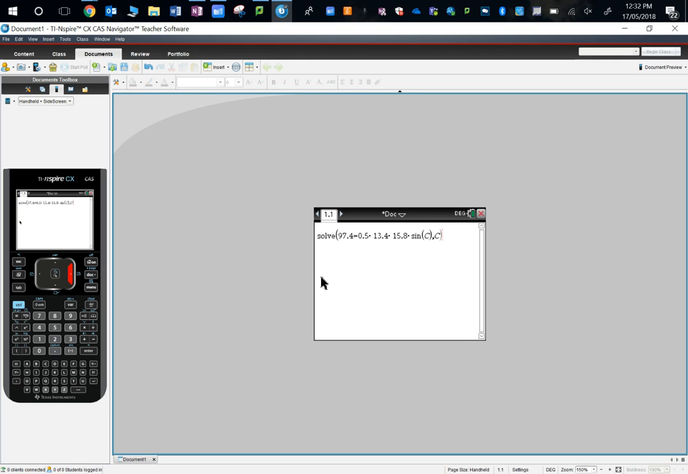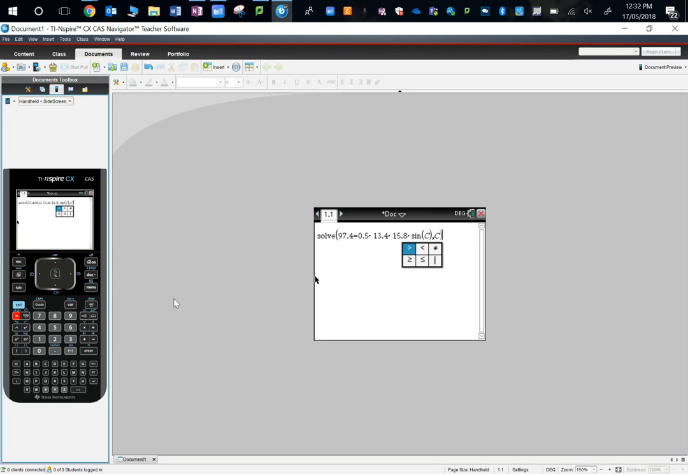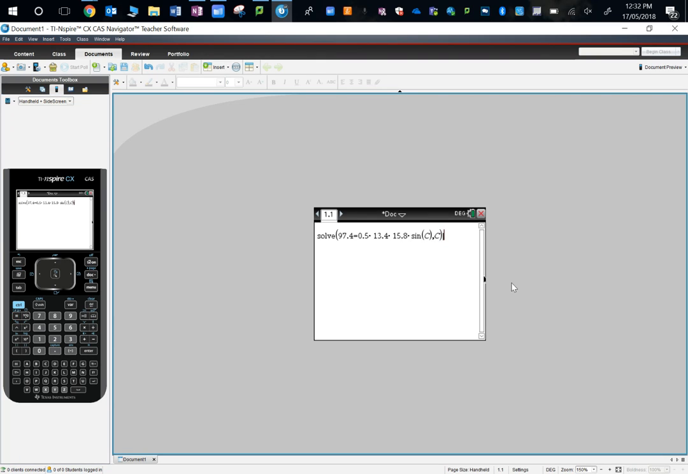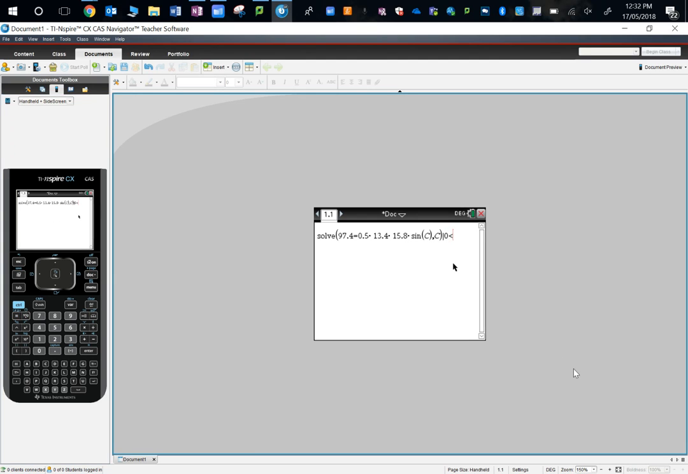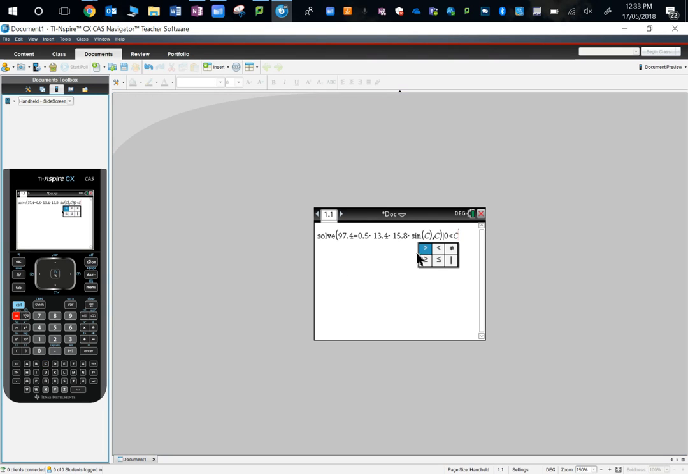Now, to find that straight line, you need to go control equals. When you click on control equals, it brings up the greater than signs and the less than signs, which we're going to need to use as well, and this sign here, which is the sign we need to use. So that sign there, 0, control equals again, C, control equals again,